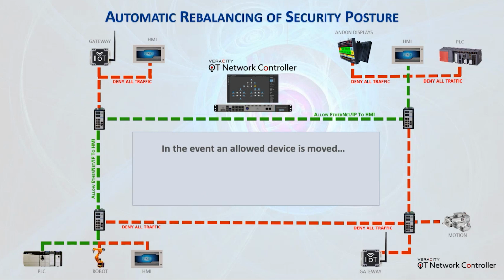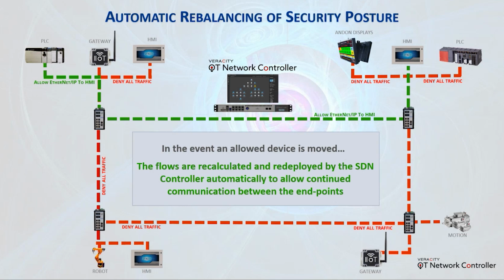In the world of SDN, since I mentioned it's very device specific, it really doesn't matter. If I move that PLC, the network sees the device move, sees it show up in a different port and a different switch, and all of that policy still applies. Nothing has changed other than where it physically is connected to the network now. All the rules that govern its ability to communicate by protocol to what devices, from what devices, all of that integrity is still maintained, and it's done by the controller. You as a user don't have to worry about that. You've already said, this is what I want. The controller makes it happen.